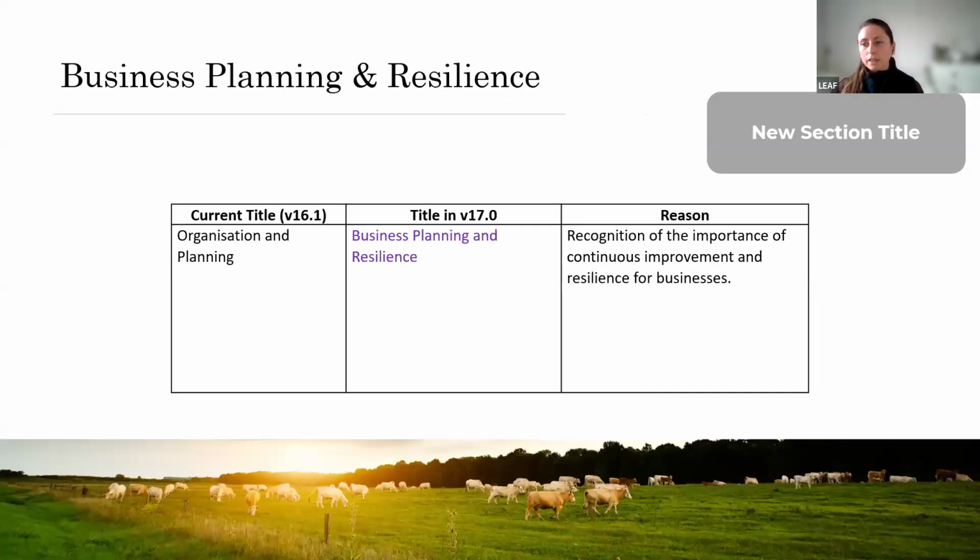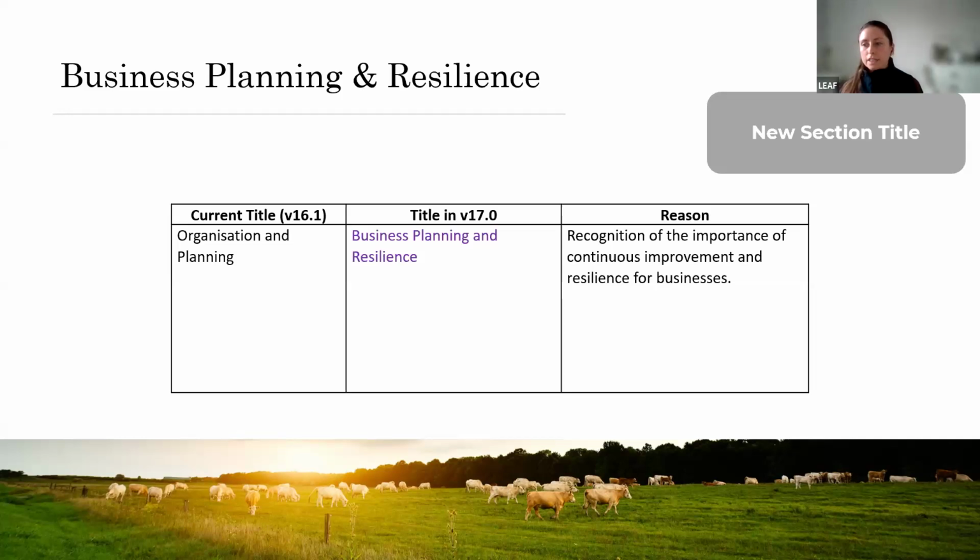So if we move on now to discuss what the key changes are to the business planning and resilience section of version 17, the first change to highlight is the section title change. So currently, the title of this section in version 16.1 is Organization and Planning, and we're proposing this title changes to Business Planning and Resilience in version 17.